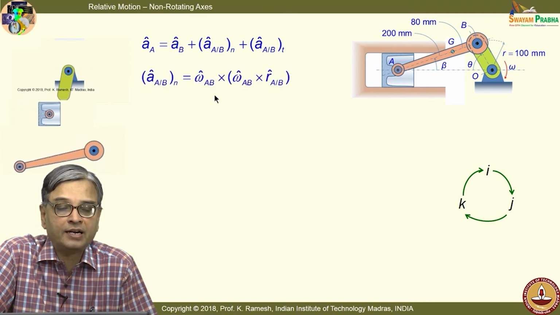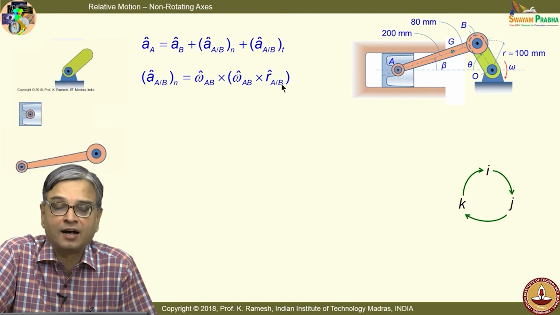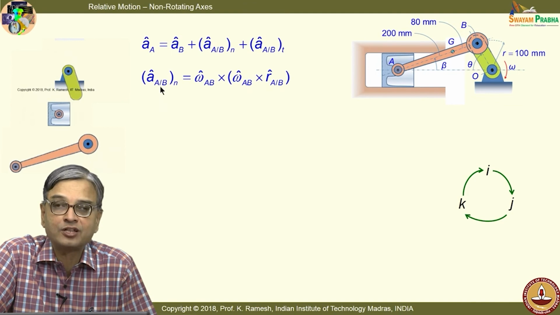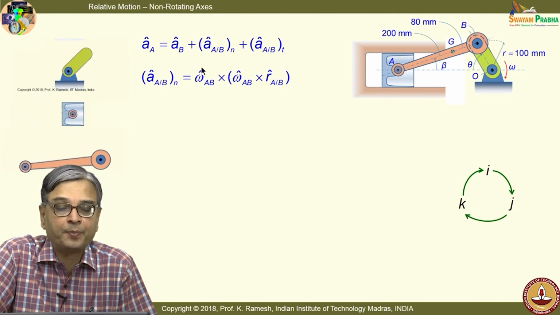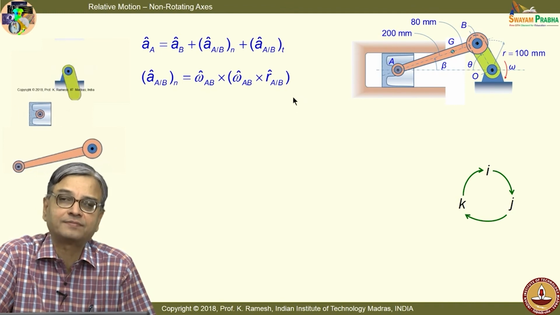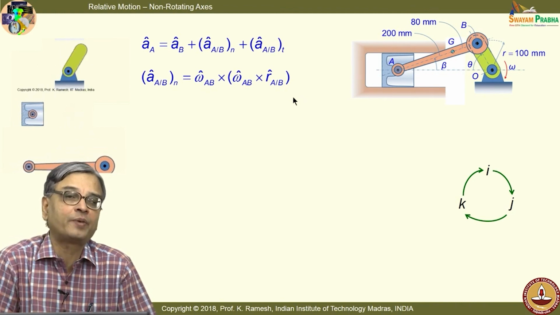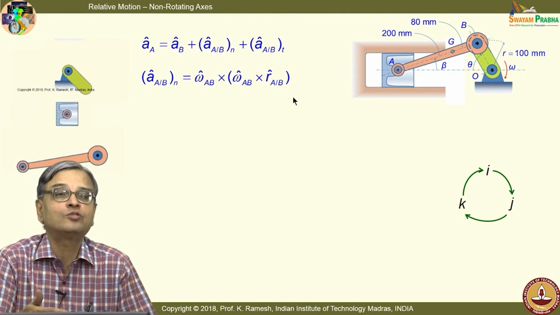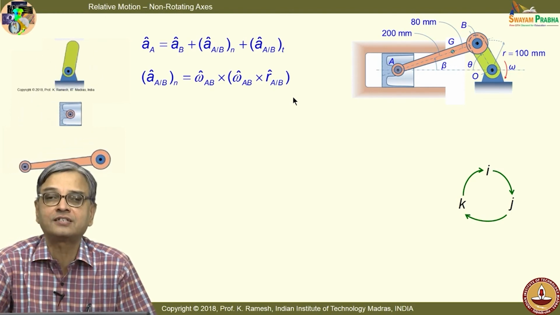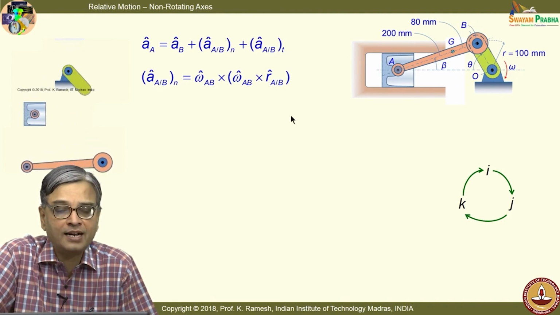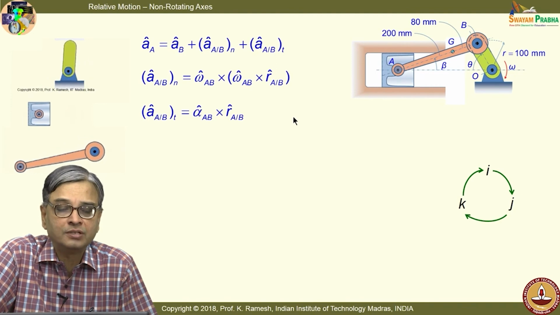And the normal component is omega cross omega cross r. We are finding out what is the relative acceleration of A with respect to B. So, I put the appropriate omega. These are all the places where you can make mistakes. If you do not keep track of your omega properly, you may use omega of the crank in this place, and all your calculations will go wrong. Okay. So, handle the mathematics also systematically.